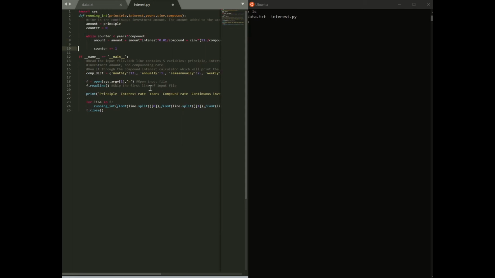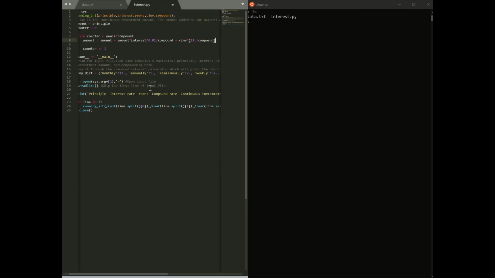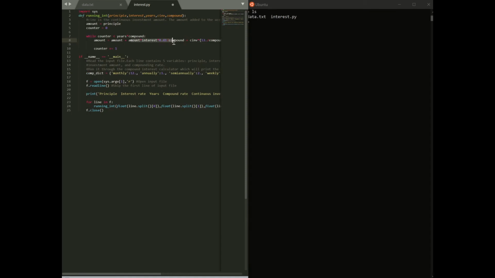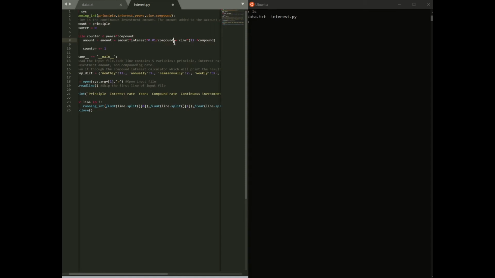That's kind of a little nuance that one might want to change. But in any case, this is how I did it. You could make it so that this gets compounded right away, but I didn't do that. So you're incrementing the amount by the compound interest and also by the continuous investment